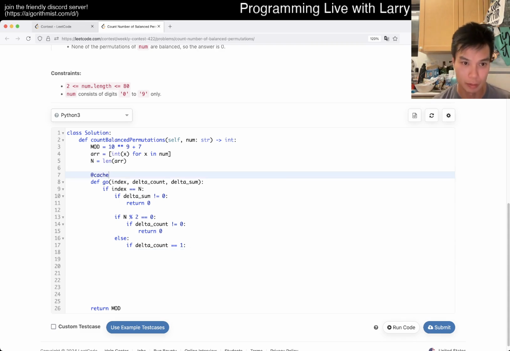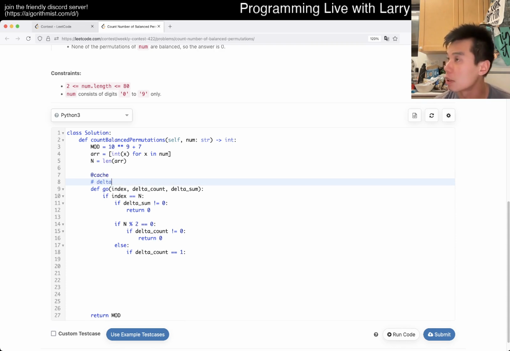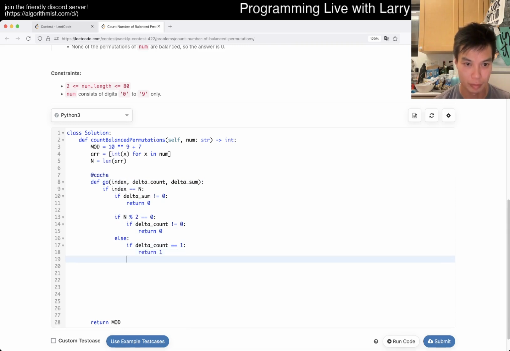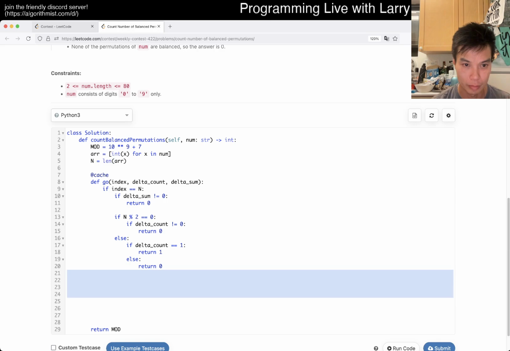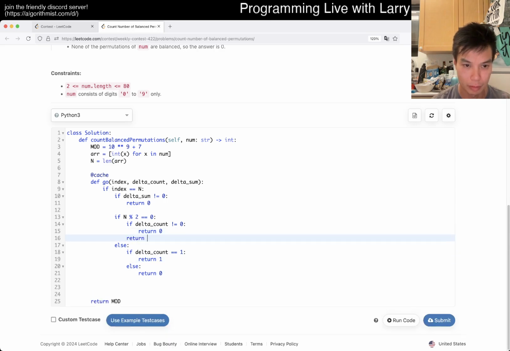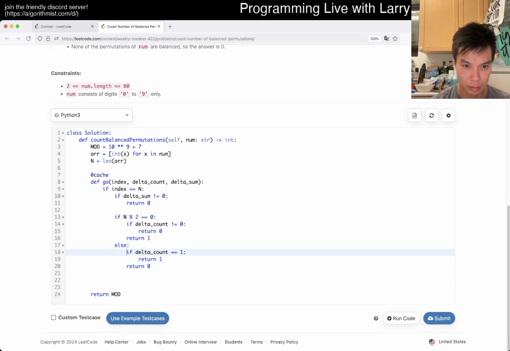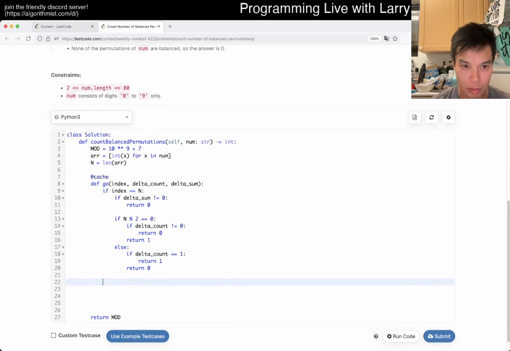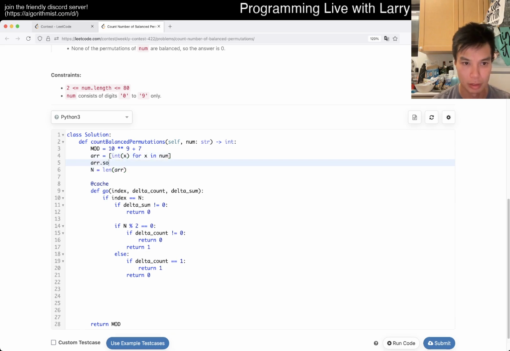Okay. Now this sum has to be the same. 1, 2, 1 is not the same as. No, there's only one way, so okay. I think we're good. Oh. I guess you could simplify this, but I'm not going to. Okay. So then now, I forgot to sort this. Don't think it matters actually. But